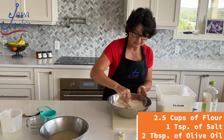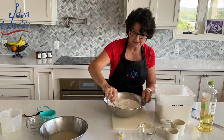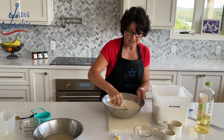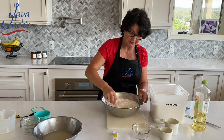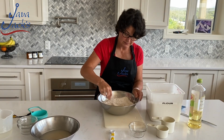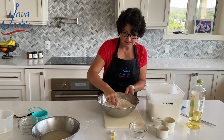Get that all mixed. It's pizza, so it's Italian. Italian means olive oil in terms of the fat that's used. The French will use butter. So I'm mixing it so that all the ingredients are incorporated. And when that's done,